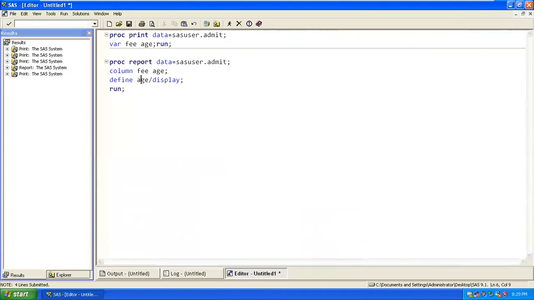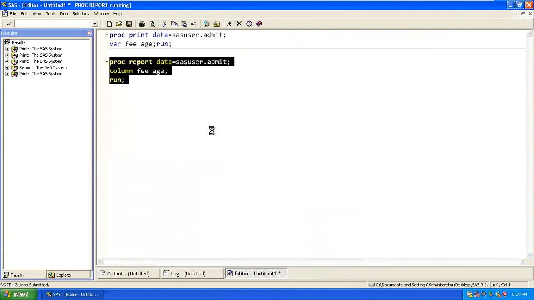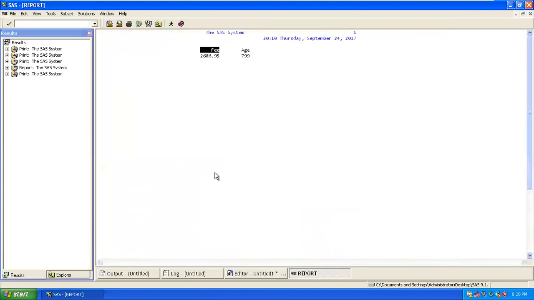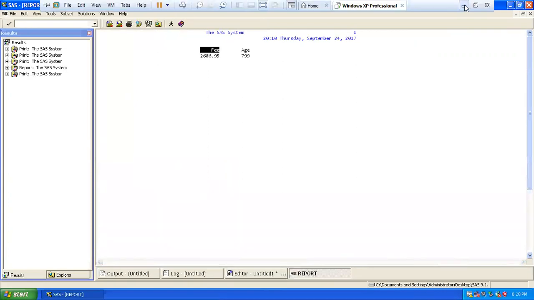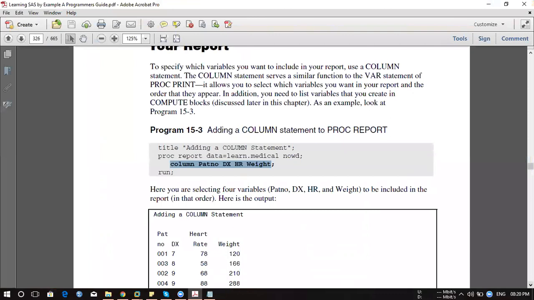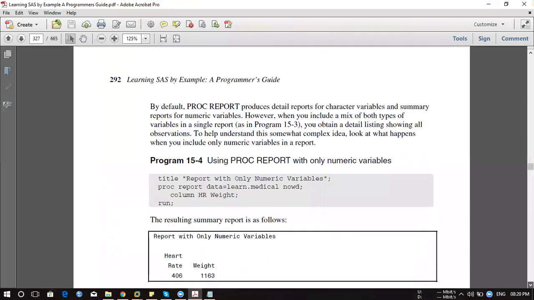The fee is automatically displayed. Now, if you're not using this, what will happen? You will get the sum. You're getting a sum. And the case is that if you use display, yeah, got it.